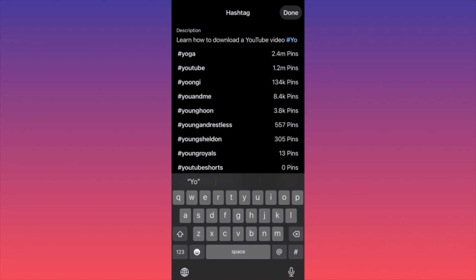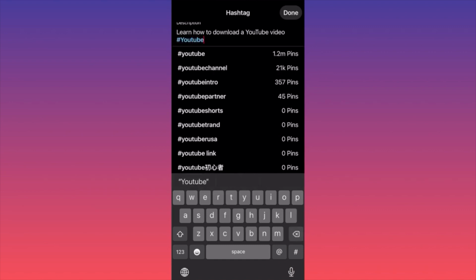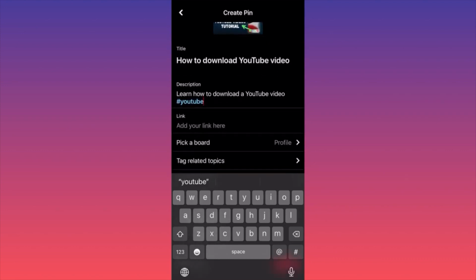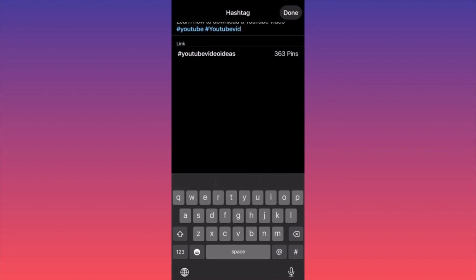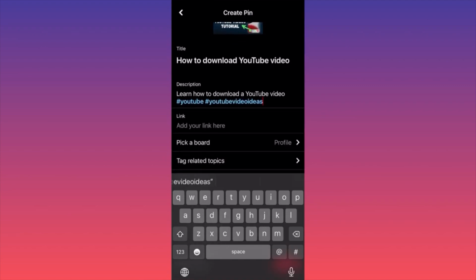You can use, as you can see, there's plenty of hashtag recommendations beneath. You can utilize YouTube, right? You can utilize something more niche, for example, YouTube videos or video ideas. What is popping up as a recommendation is something that you definitely want to consider. You don't want to come up with reinventing the wheel. You are using the pins, which essentially means other people's ideas and popularity of the post or search terms. In our case, we're using YouTube and YouTube video ideas because these are the pins. This is what is popular as topics or keywords.